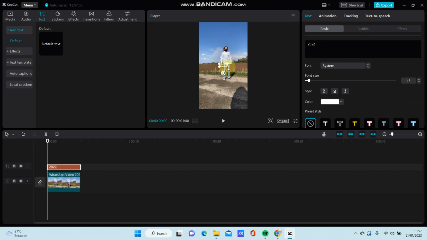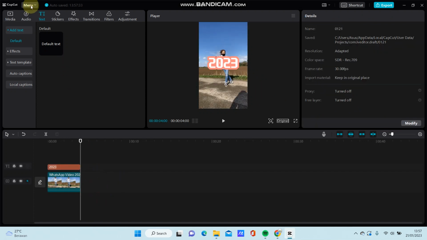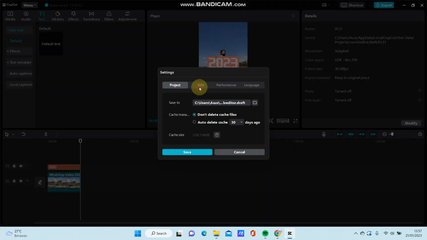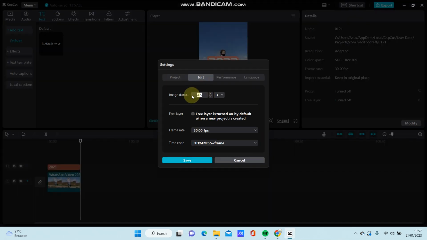For instance, 23. Change the font, and just going to menu again and select setting again, edit, and just going to adjust for image duration,